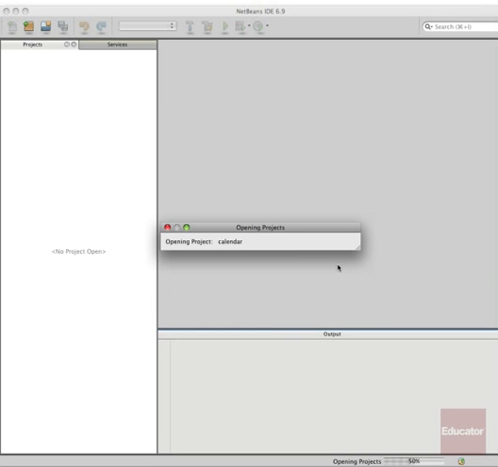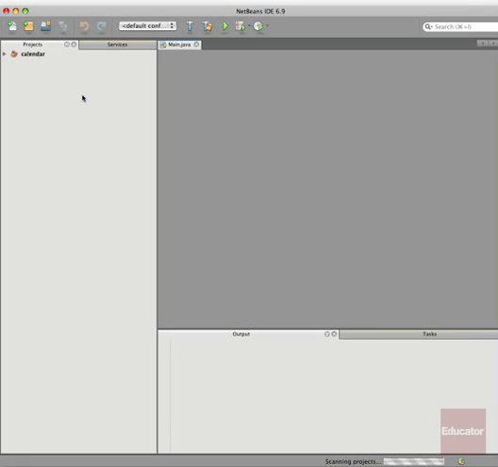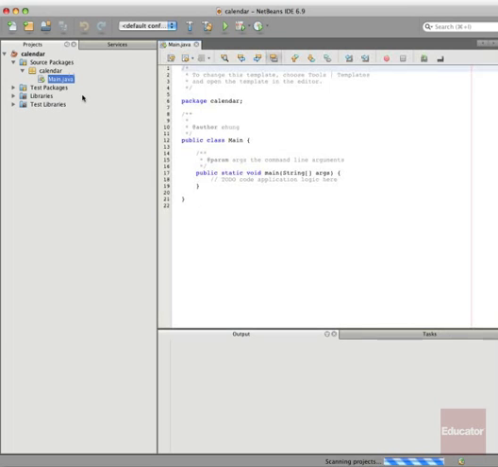We give it a second, and then it creates the project. Once the project gets created in NetBeans, you can see the main.java tab come up along with identifying the public class and the packages that NetBeans uses to assist us with creating and running the programs.